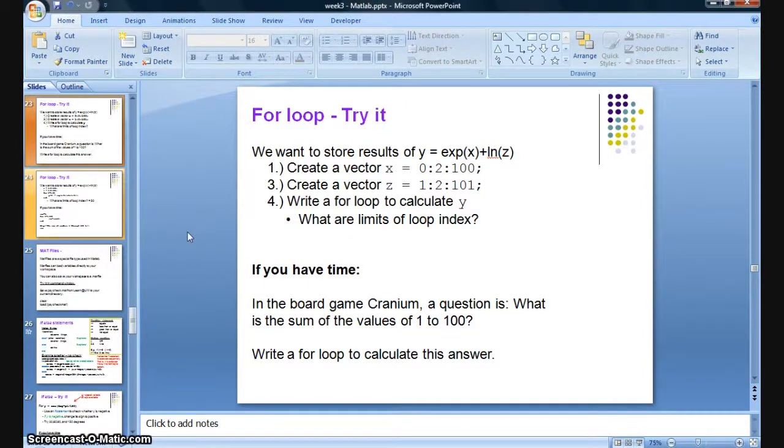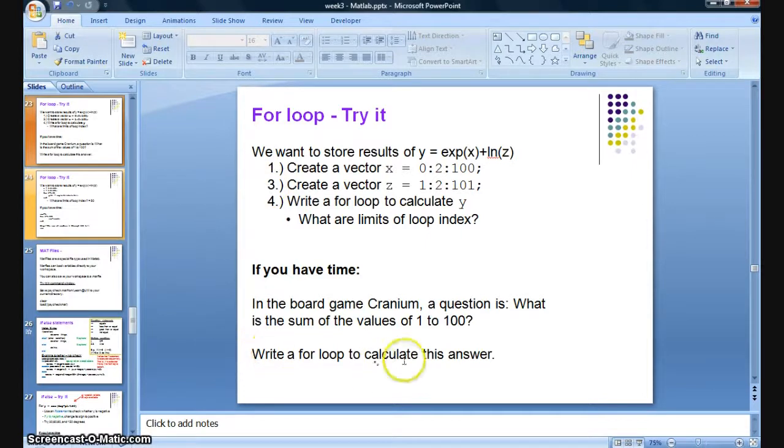Here we have a couple of for loop examples for you to try and get used to MATLAB. So before you view me covering this example, maybe you could give it a try and see if you can get the for loop to work. Hopefully that will help you learn through the mistakes that you made how to create a for loop and use